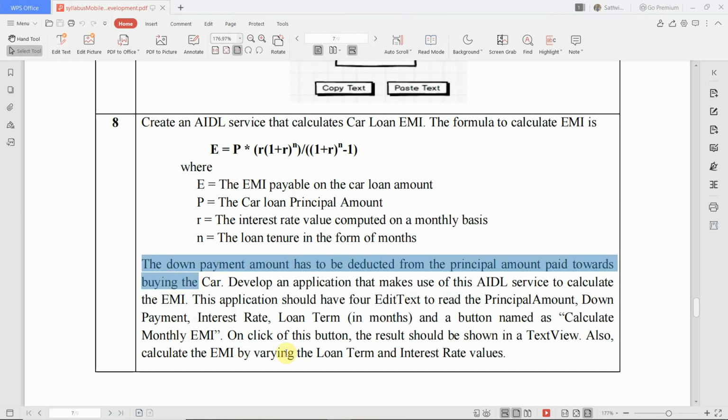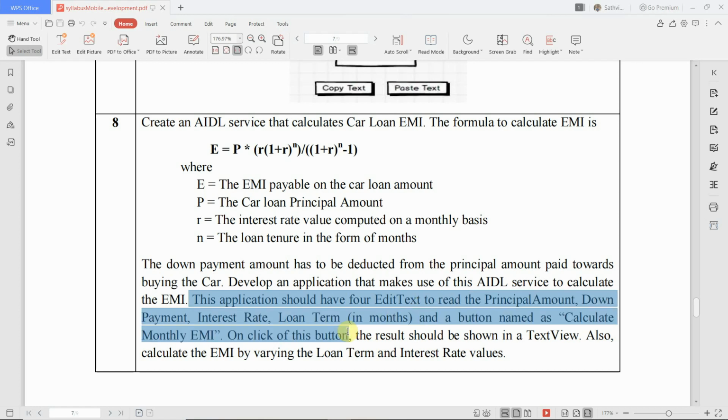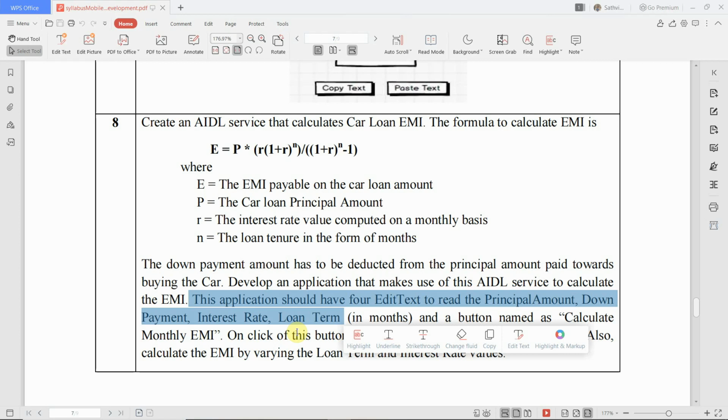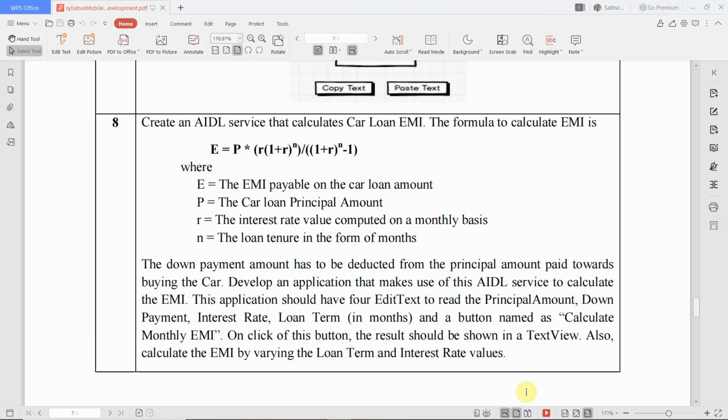Develop an application that makes use of this AIDL service to calculate the EMI. This application should have 4 edit text controls to read the principal amount, down payment, interest rate and loan term, and a button named Calculate Monthly EMI.